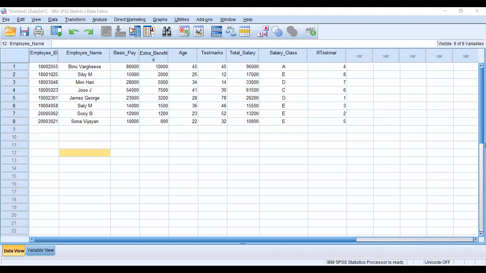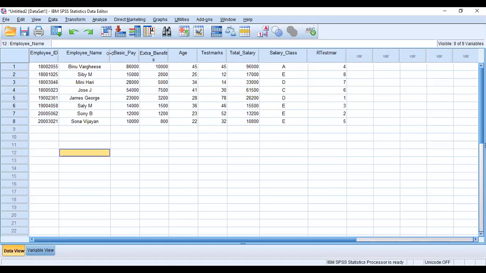So that's all. You need to just keep in mind that there are types of variables given as numeric, comma, dot, scientific notation, date, dollar, custom currency, string, restricted numeric, etc. See, in this data, we need to include the date of birth of these employees.